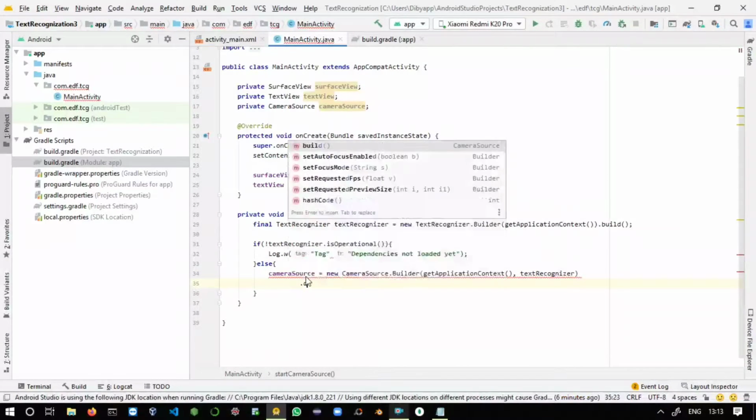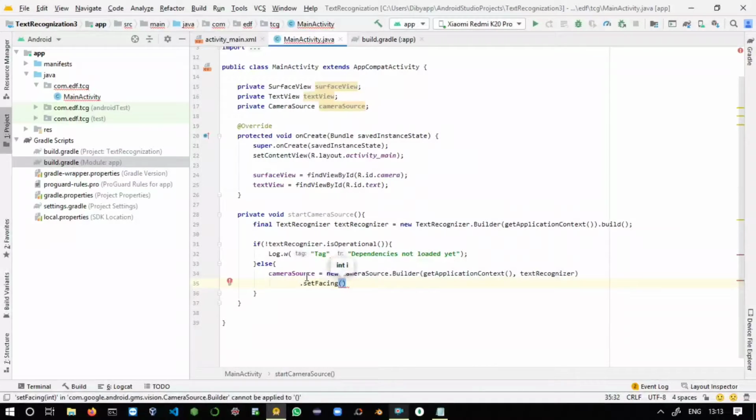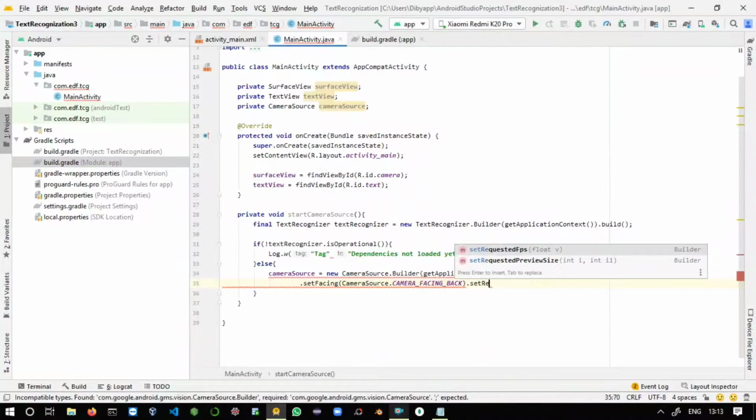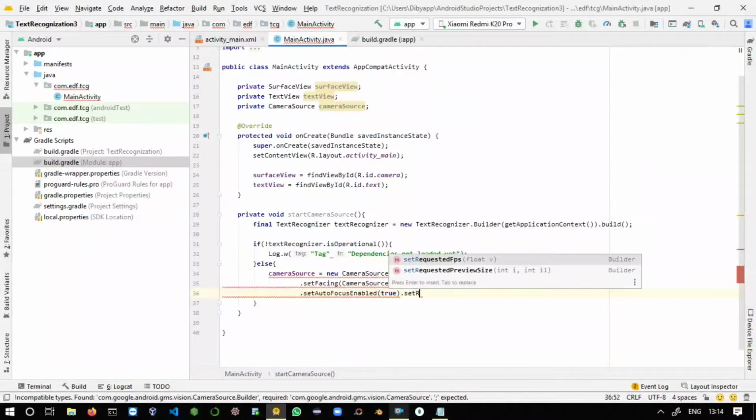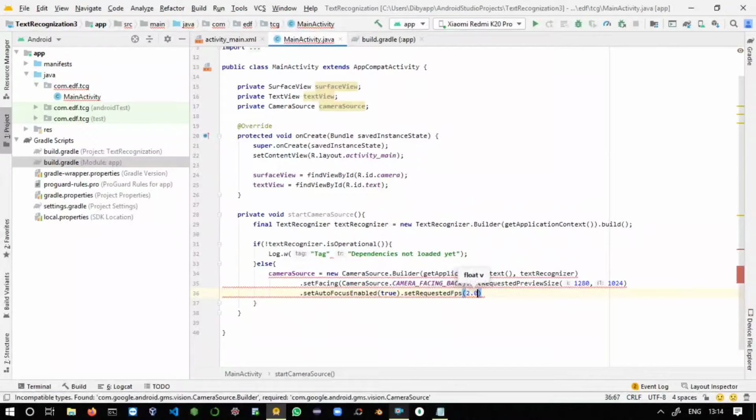Outside that, setFacing, inside this CameraSource.CAMERA_FACING_BACK. After that setRequestedPreviewSize 1280 1024. Again setAutoFocusEnabled true. After that setRequestedFps, then build. That's all about our camera source initialization.